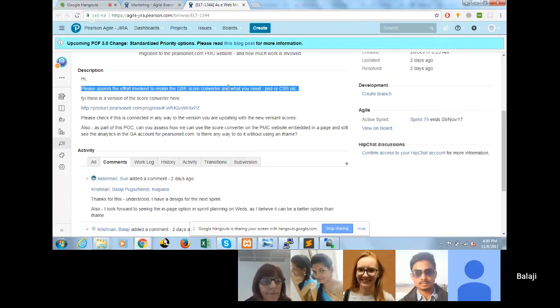Yeah, we can use it either way. If you want to use it as a standalone page, you can, or if you want to embed it inside the content, that is also possible. Okay, all right, thank you. Thanks for that.